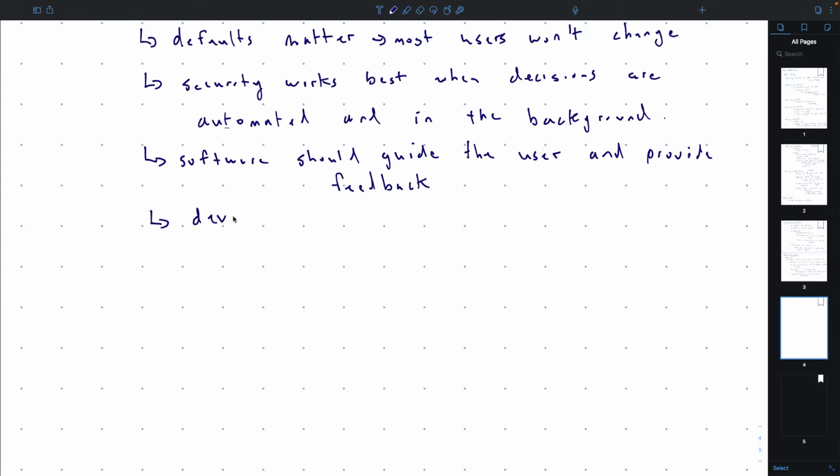Another common thing is that developers aren't users. A lot of people who develop software, when they do usability testing or try to think about what the usability is like, will get the developers who wrote the software to do it. Of course, to them, everything makes perfect sense, right? Because they have the complete picture in their mind. And it's really hard to forget everything you know and put yourself in the shoes of a user who doesn't know anything at all about your software, and then try and see it from their perspective.